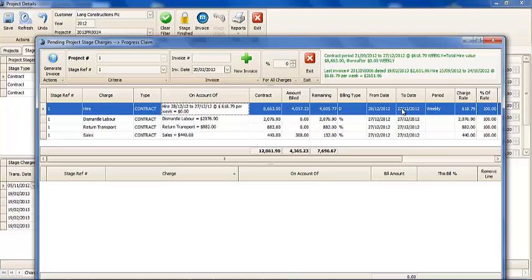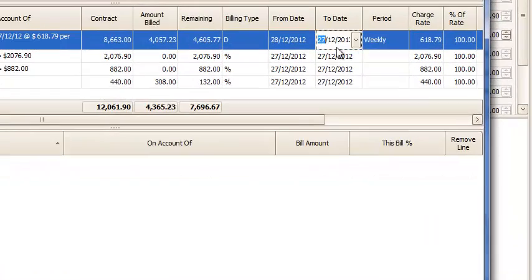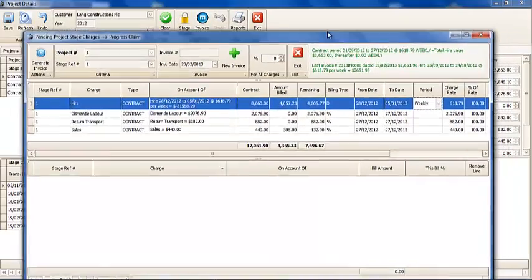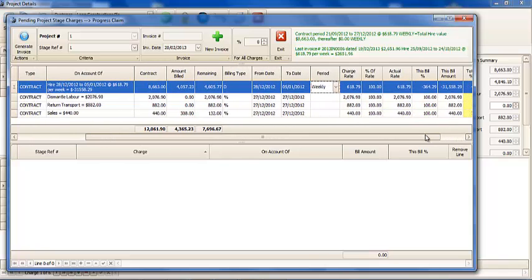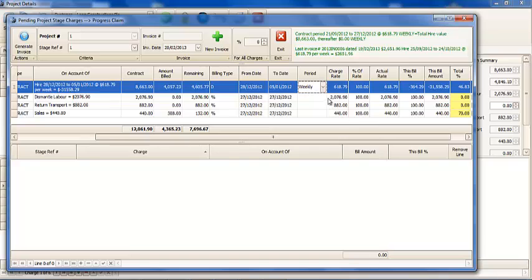In this example, let's bill another few more days. So let's bill to the 5th of the 1st. And let me scroll over to the right hand side here. Notice how I've put in the 5th of the 1st. I've typed in something wrong there. So let me change that to 2013, which explains why all those negative numbers appeared. So as you can see, I've now changed it so that we're going to bill